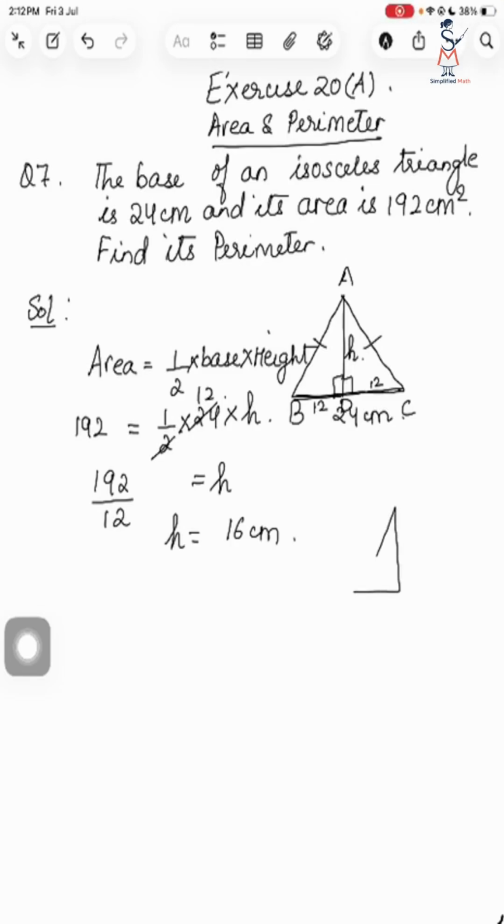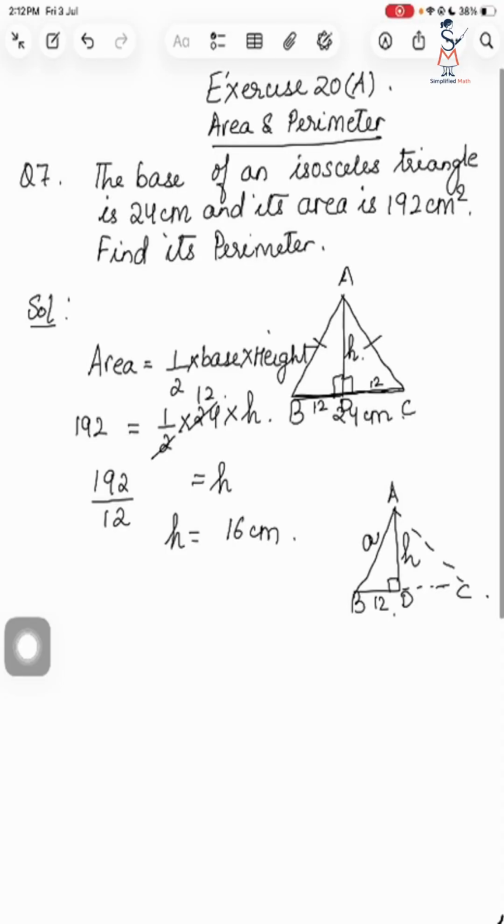Now we know this is the figure where this is the h, this is 90 degree and this is the side A. This is A, this is B and this is D. And this is 12. Because we know that the altitude from the vertex divides the base into two equal parts of an isosceles triangle and equilateral. It is not the case with scalene. So we will apply the Pythagoras theorem here.